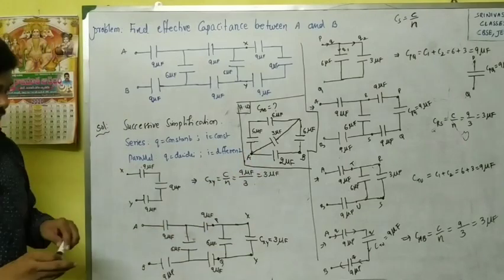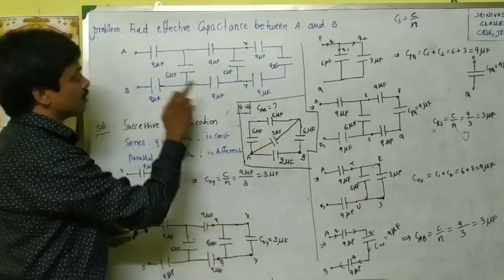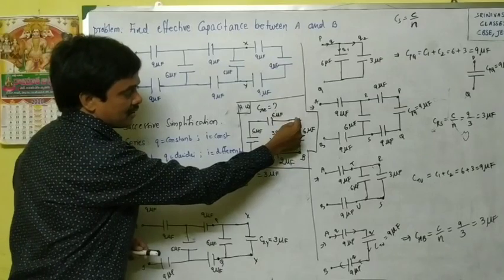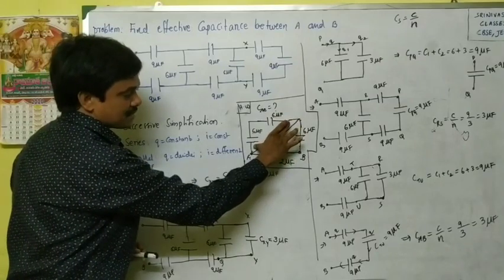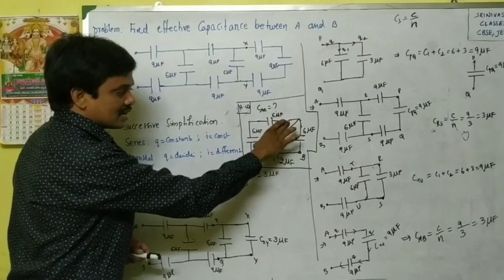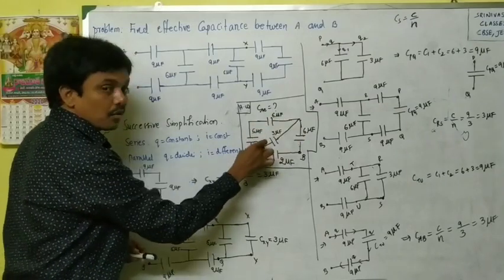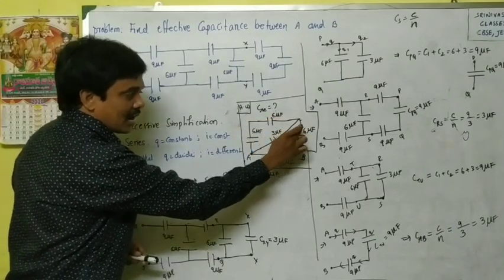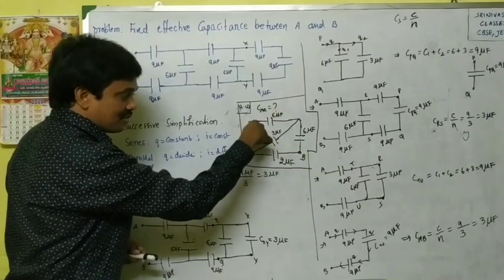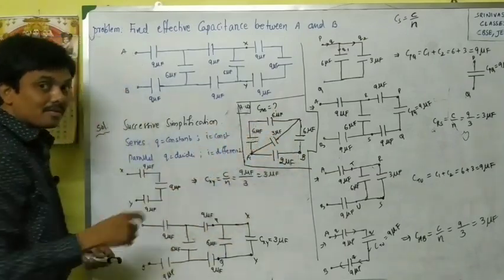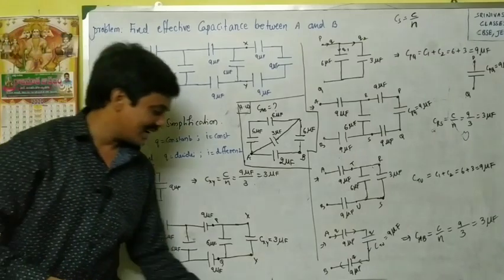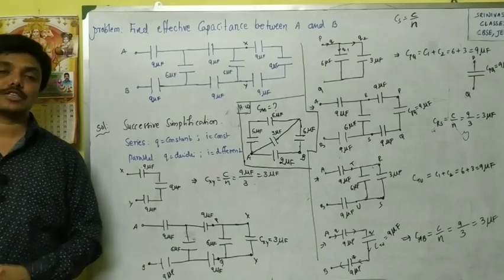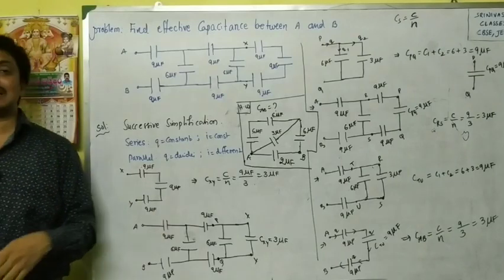And check yourself. You just have to use successive simplification. From this end you can find out. Between these two points we can find out the effective capacitance first. And then what you will get, and next this effective capacitance and this, how it will be there. Then their effective capacitance, and this one, how they are. And next total one capacitor we will get, and that capacitor and this capacitor, how it will be there. Based on that you can solve it. If you do not get it, you can comment, and then I will explain that solution in the next lecture.